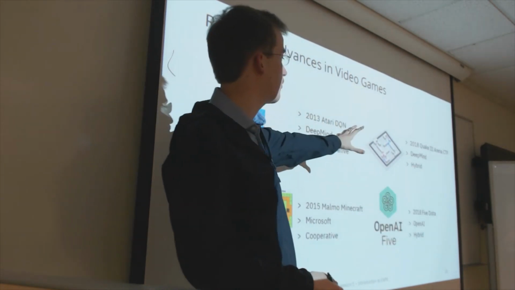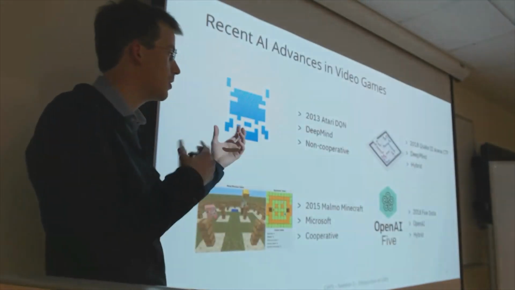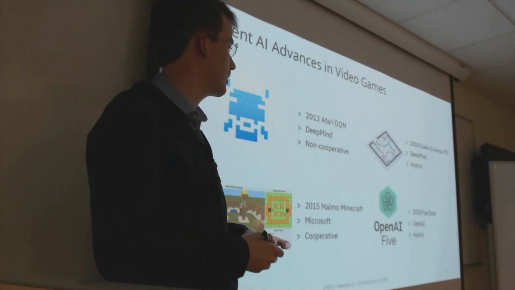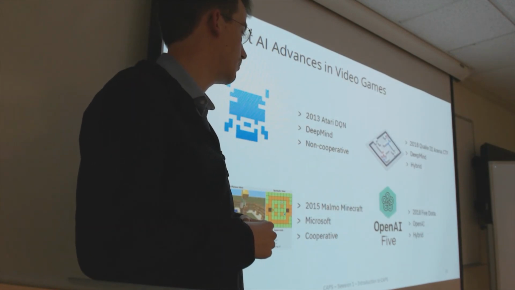And here, this was the first time where you really had cooperation. That's why it's a hybrid approach here, because within the team, the agents have to cooperate, and then across teams, they have to compete. So that's super interesting. And then something you may have heard about, which was reported fairly widely, is